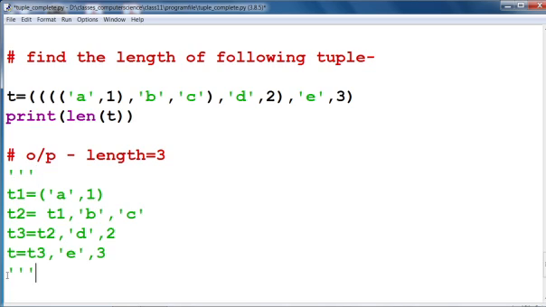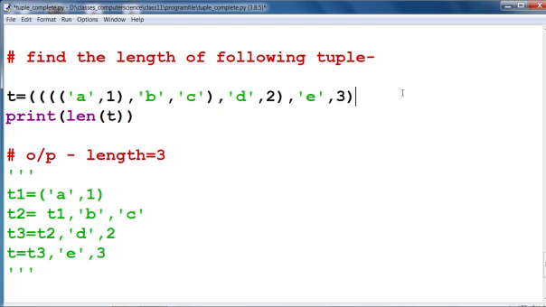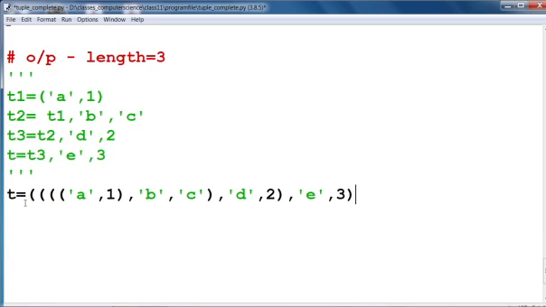Now if we are going to write this tuple in this way, to get a clearer concept for this type of tuple: see, this is your nested tuple, but if we are going to take this tuple as a single tuple, write it as a single tuple, what will be the length of the tuple?